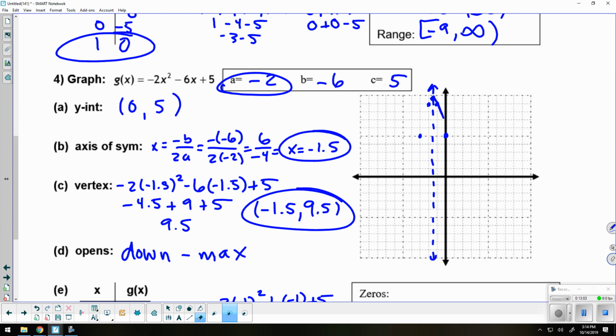So here's what we got so far. It's downward facing like we said. Okay, let me fix this curve over here, that's going to bother me. Let's make this a little bit curvier. Okay, so we can see downward facing. Again, it is going to cross the x-axis, but we can't see the exact point as to where it's going